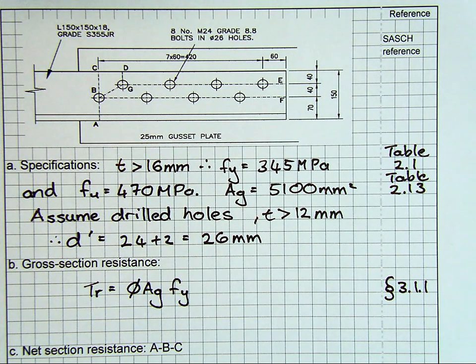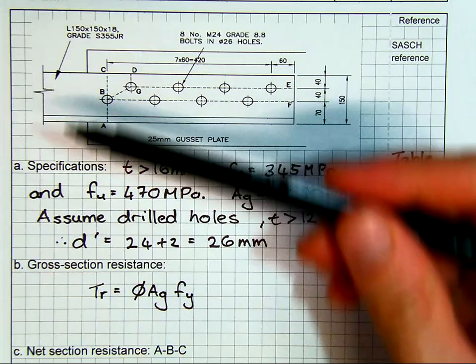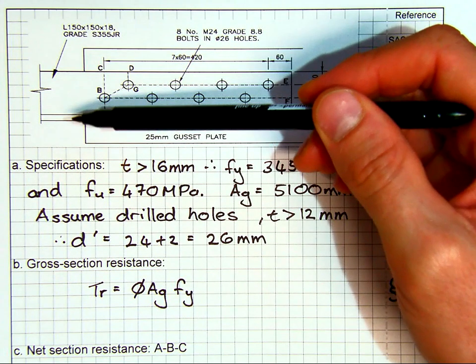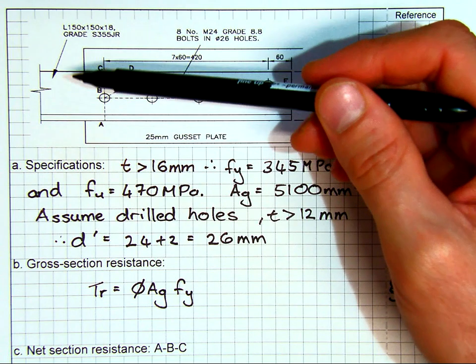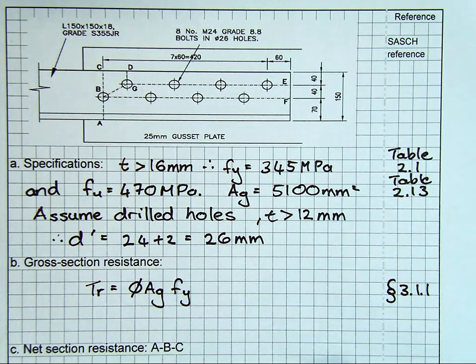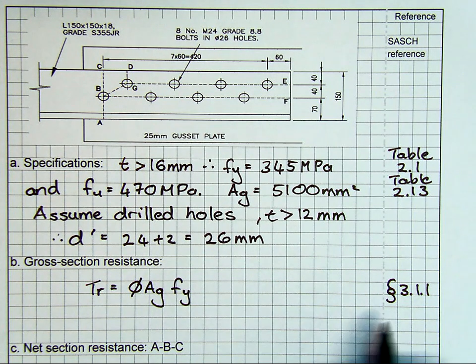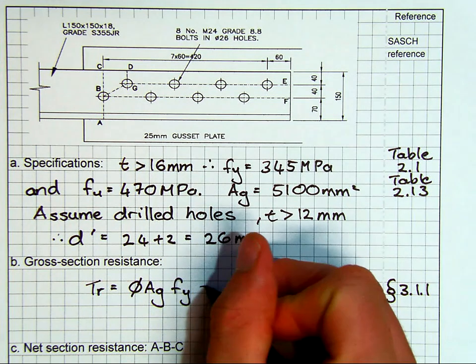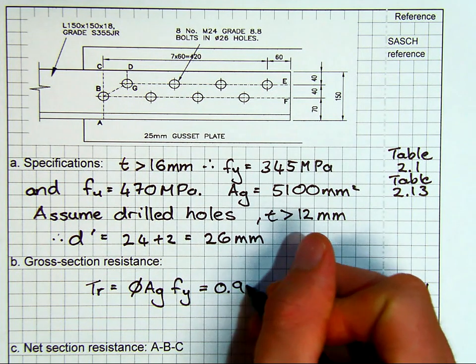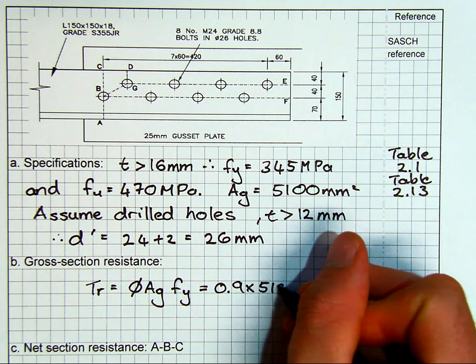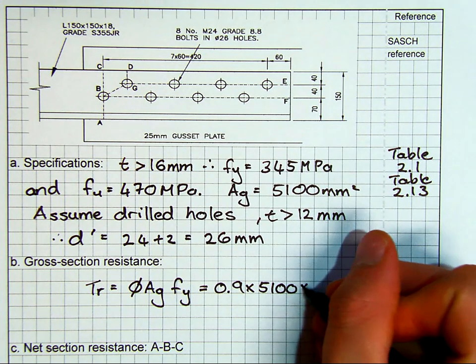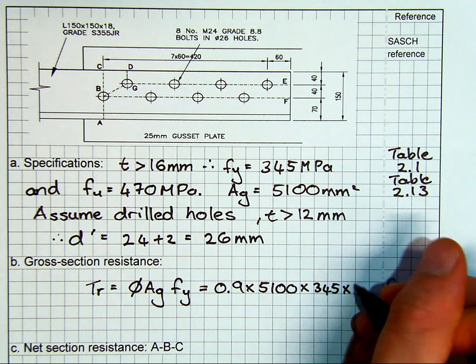Firstly, we're going to calculate our gross section resistance. So this is the resistance through any section here, somewhere along its length. Doesn't matter where it is, it's just the gross area times yield. So this is relatively straightforward. This all is outlined in section 3.1.1 of the Red Book if you want to go have a look at the calcs. So this is just the 0.9, which is our material factor, times by the yield, times 10 to the negative 3